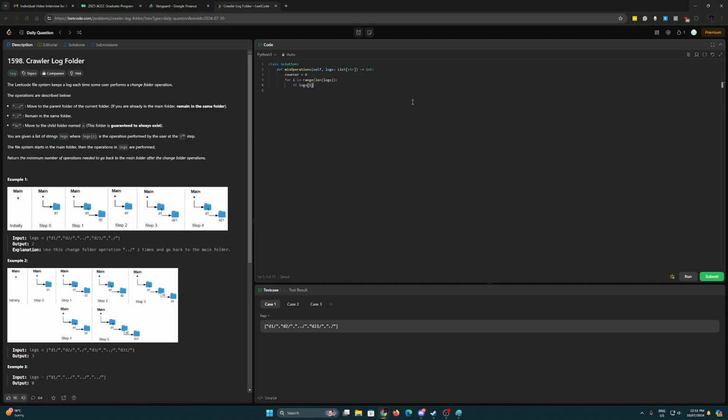If logs[i][0] does not equal a dot, what we want to do is counter plus equals 1, elif logs[i][0] equals dot and len of logs[i] is equal to 2, we do none. We could do else here, but just for readability's sake,